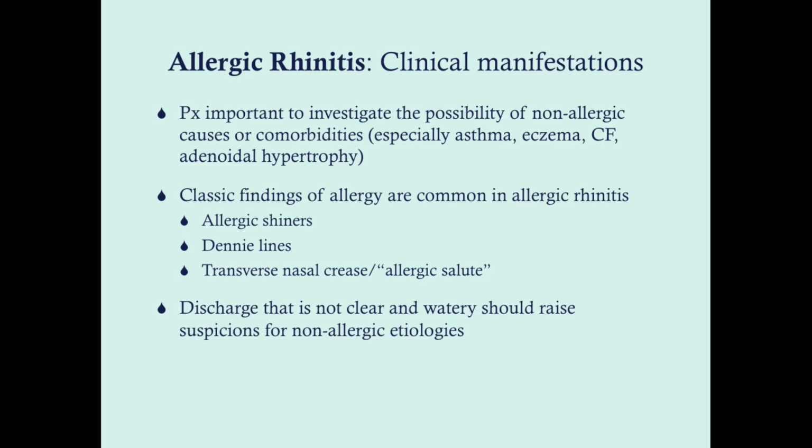You take a look certainly inside the nose. What you would see in allergic rhinitis would be enlarged turbinates. I'll show you some pictures of that. Edema of the mucosa. The mucosa will tend to be pale. I've heard it described as gray or blue, but to me it looks awfully pink, if you ask me. But what's most important is that it is pale, and it's pale because the mucosa is edematous, and so it's going to spread out the vessels, and it's going to look more pale in appearance,